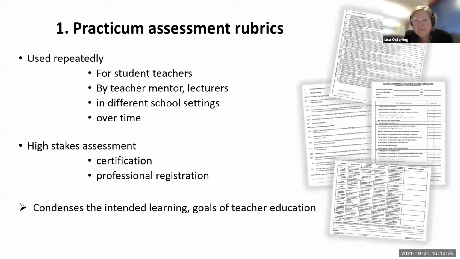As the students go through their teacher education program, they go to different schools in different years of study. So they're used over different contexts. And they're used when they're a first-year student, second-year student, third-year student, fourth-year student. So they're also used at different stages of their development as teacher trainees. So they are used repeatedly in very